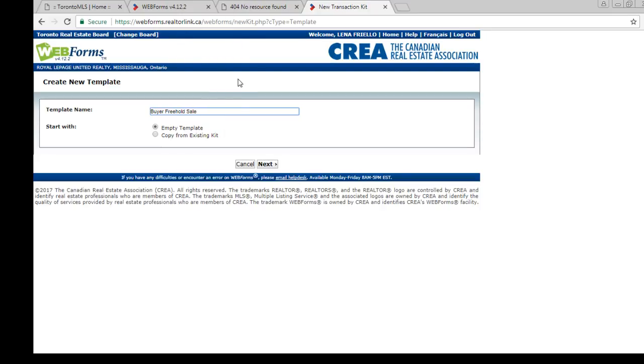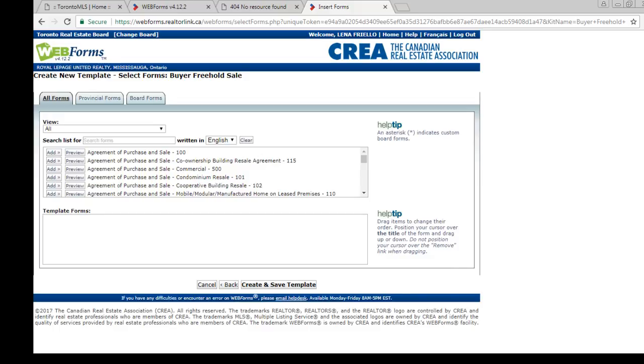And for this one, I like to choose an empty template, instead of copying from the existing kit. I like to go ahead with the empty transaction kit or the template, and from there we can click on next,